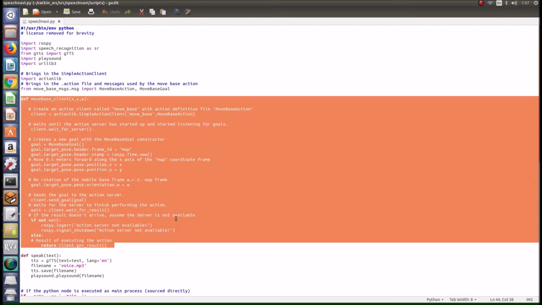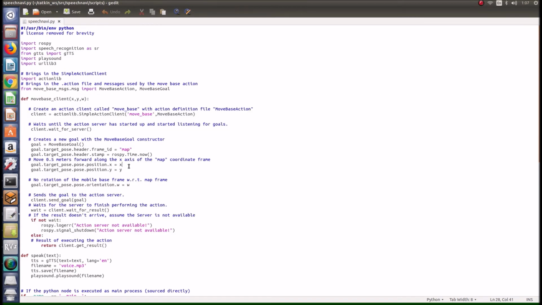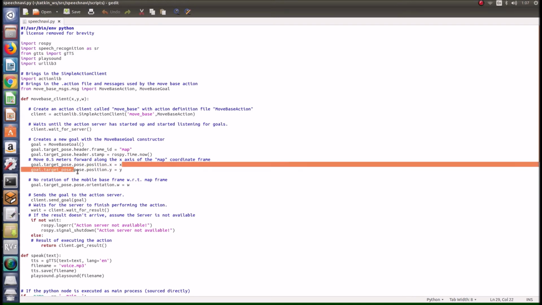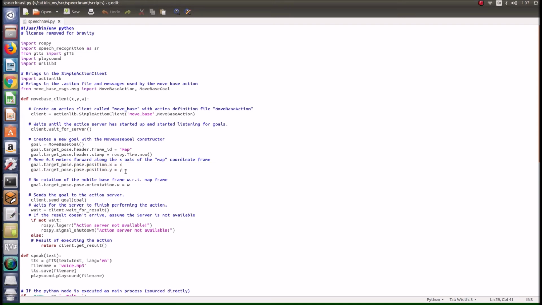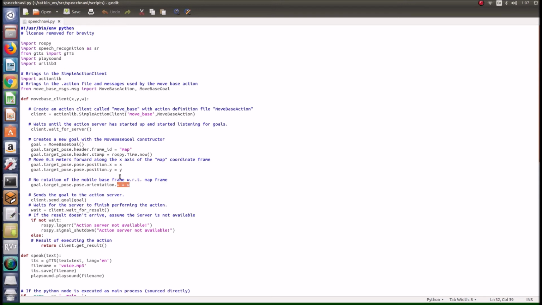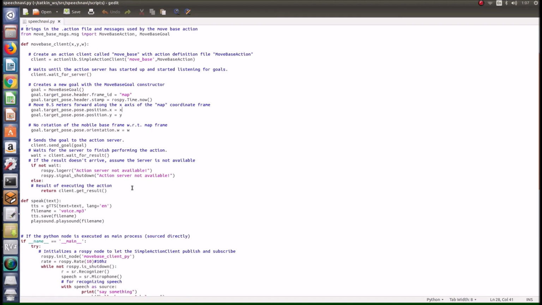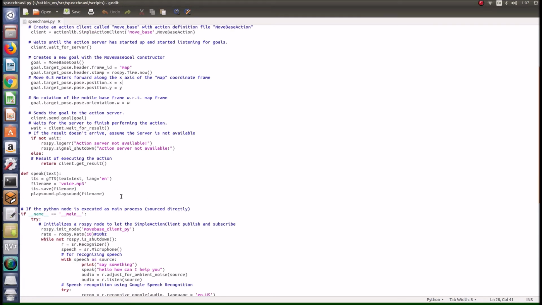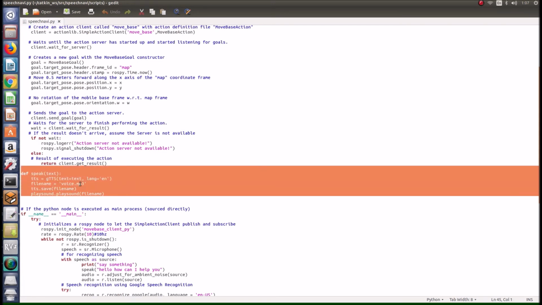Okay, so to command the robot, we use this function. We can command the robot to go to the desired location by adjusting the position X and Y, and also the orientation W. So we put x equals x, y equals y, and w equals w.